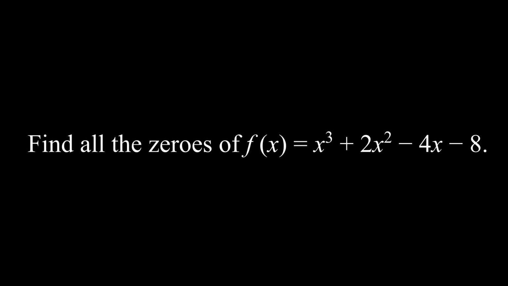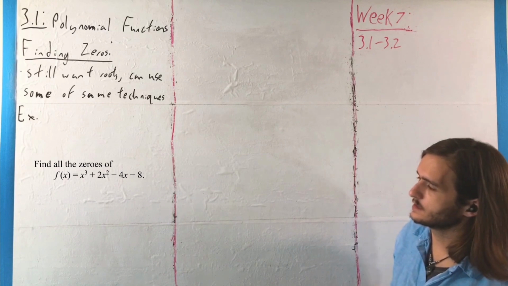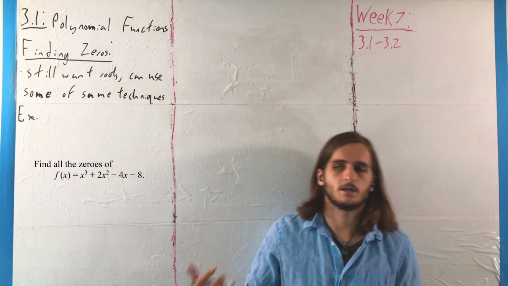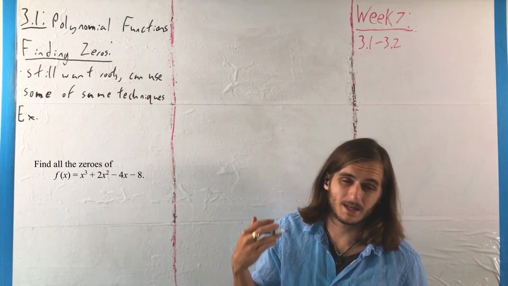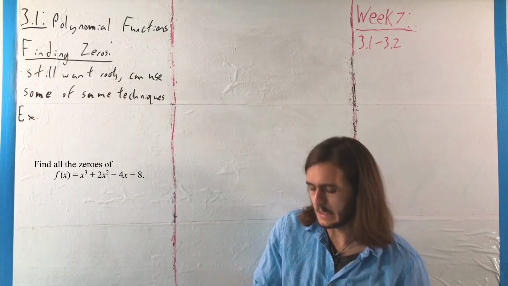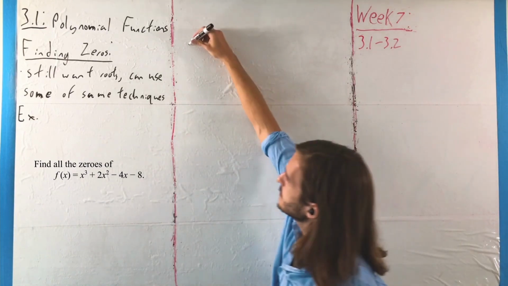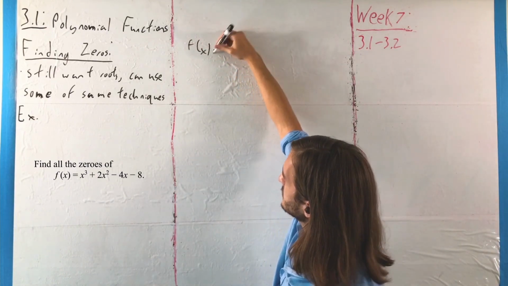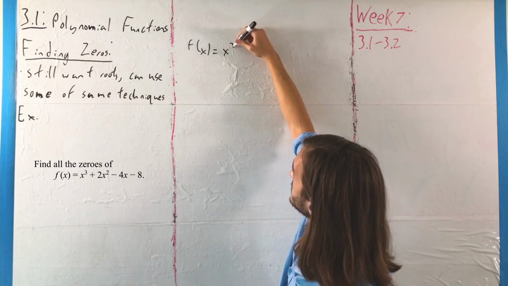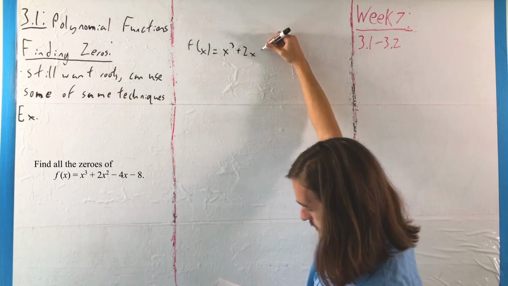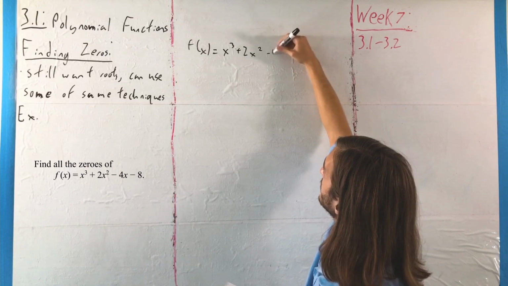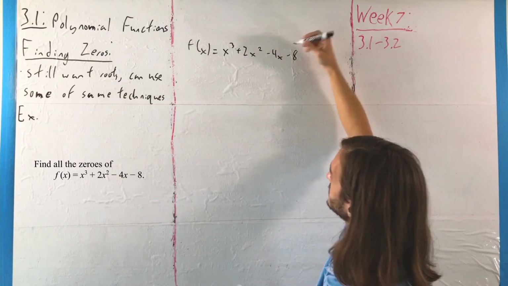For this example, we want to find all of the zeros for f of x equals x cubed plus 2x squared minus 4x minus 8. And with this, again, we don't have something nice like the cubic formula. There is a cubic formula, but it's not pretty, so we don't use it. We can take f of x equals all of those pieces, x cubed plus 2x squared minus 4x minus 8,